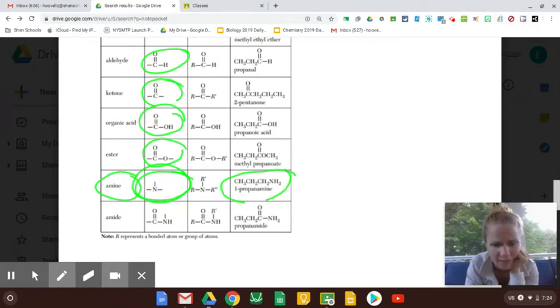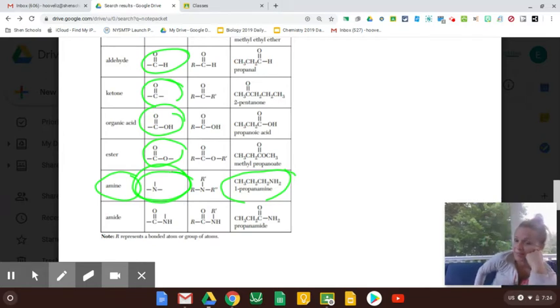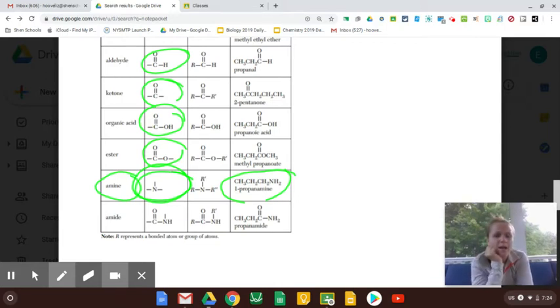And if you remember amino acids from biology, you could always tell because they had an N in them. Amino acids make up protein. Amine, protein, they all have N in them. So amino acids and protein all have nitrogen in them. And that's kind of why you have to eat protein, because it's where you get your nitrogen from. Anyways,